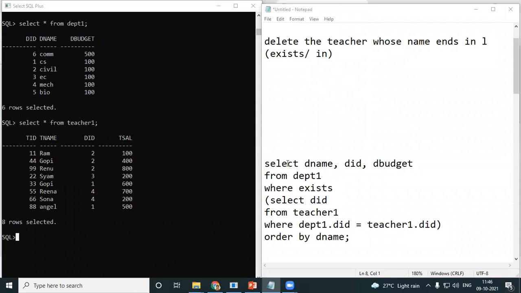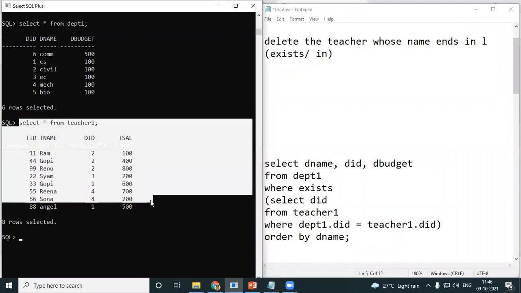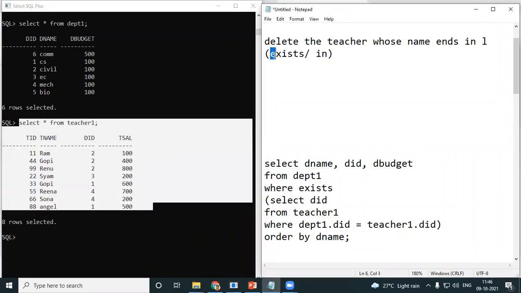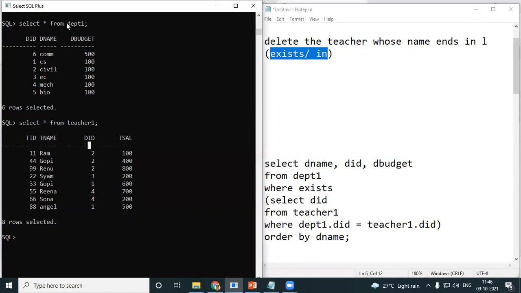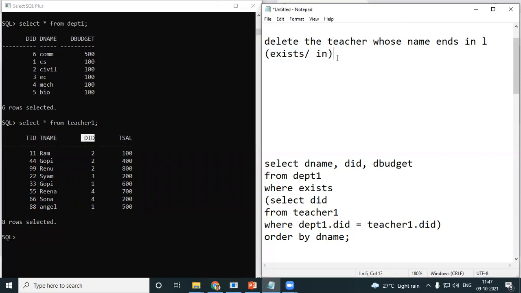Question is to delete. You need not select anything. Delete from which table? Delete from my teacher table. Okay. So mind you, whenever you're using your exist or in, you should be comparing between two tables. So, I have to compare with none other than my parent table. My parent table is DEPT1 and that is connected with my DID. So, I will be using even my DEPT table and I will be doing a comparison with DID. As you all know, why? Because I have to use my exist in. You can very well do this query without this. You can go very simple, a delete query, but I'm going the complicated way. So delete from which table?